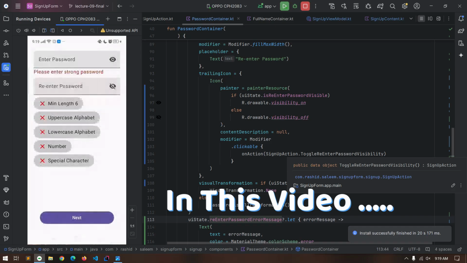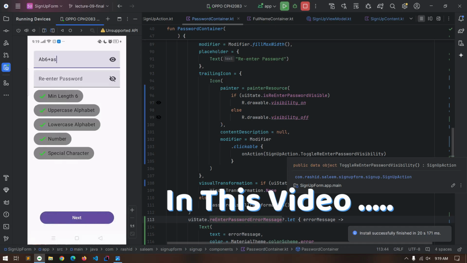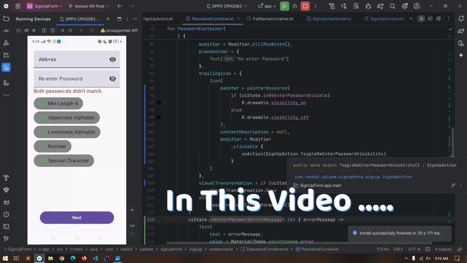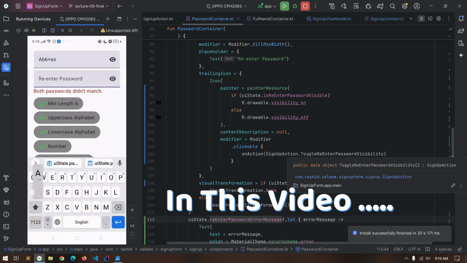So these indicators, this password field is empty. If I tap on next, then we will see this error message, please enter strong password, and this strength indicator. And if I tap on next, then we will see that both passwords didn't match, so we enter the same password,